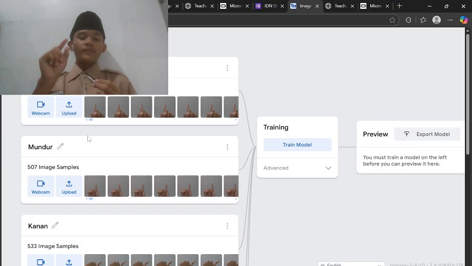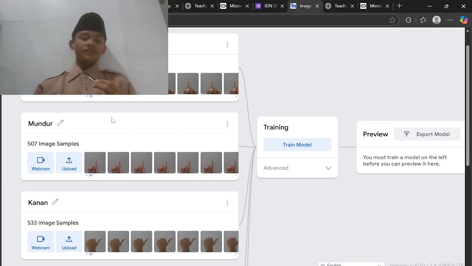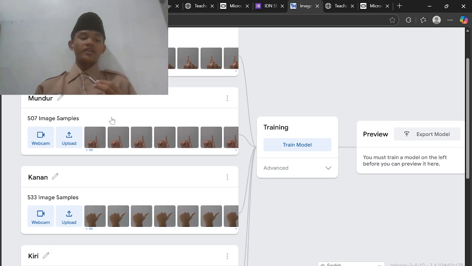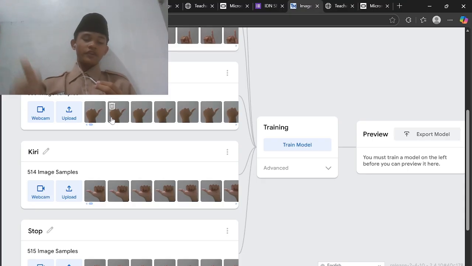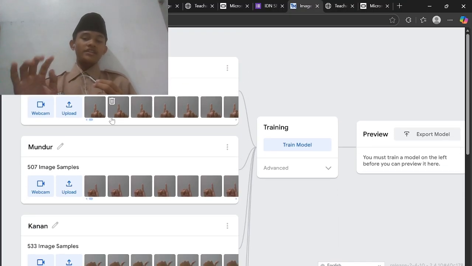For example, when I want to go forward, I must make this with my finger, and the tiny:bit will go forward. If I make this, the robot will go to the right. If I make this, it goes to the left, and stop. That's just an example; my real gesture is not actually like this. Later I will show it in the last video.